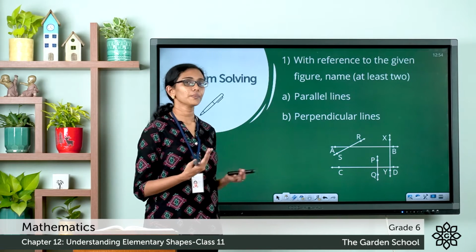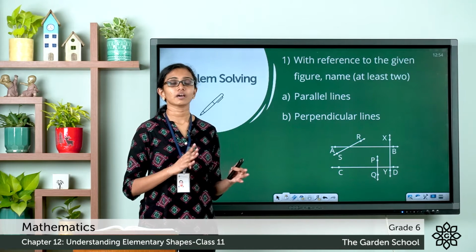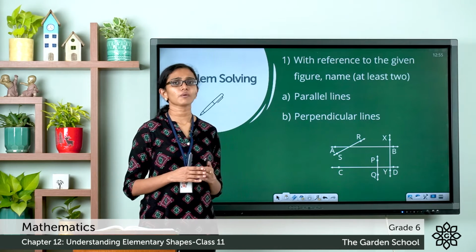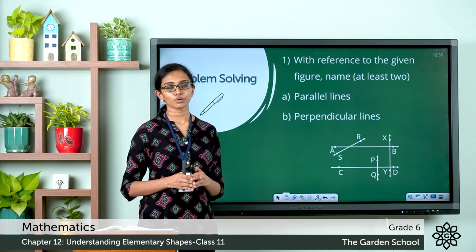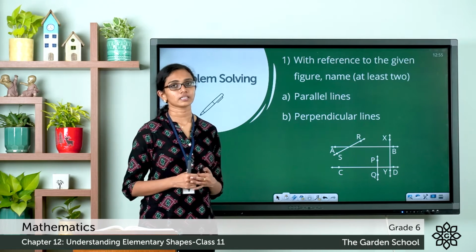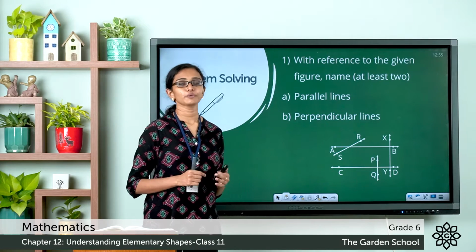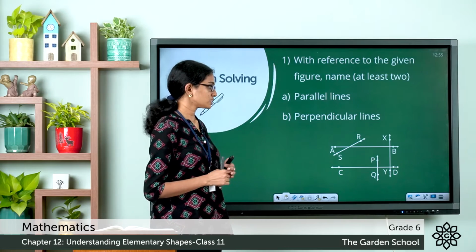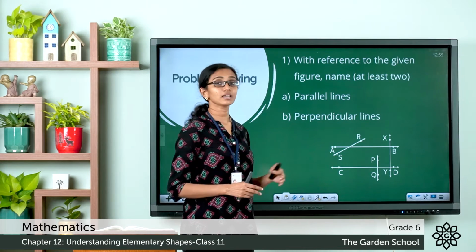Now, what are parallel lines? Lines that never meet each other or never intersect each other at any point in space are called parallel lines. Perpendicular lines are those which intersect at right angles, or when 2 lines intersect at 90 degrees, you call them perpendicular lines. So if you observe this figure, you can see line AB and line CD are parallel